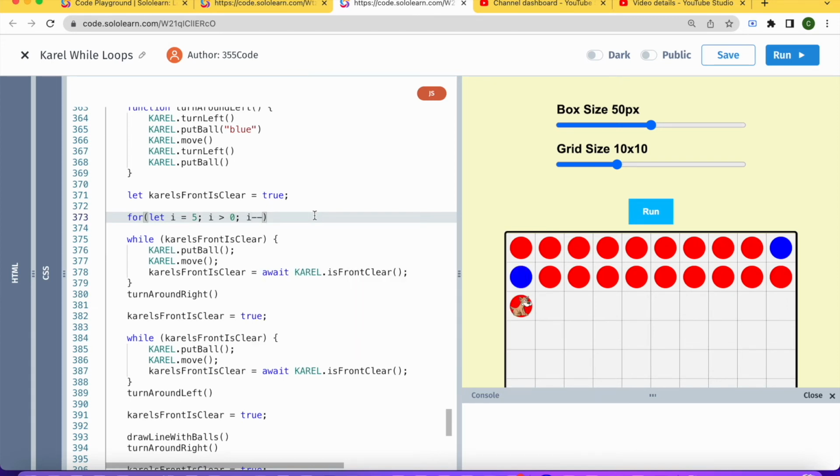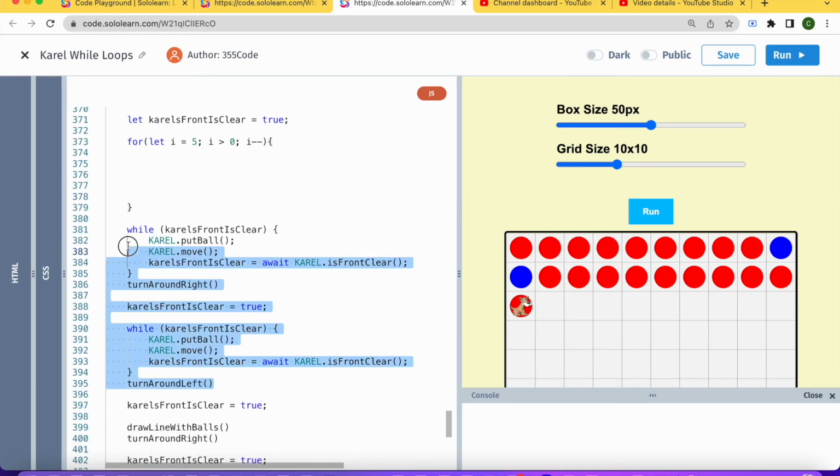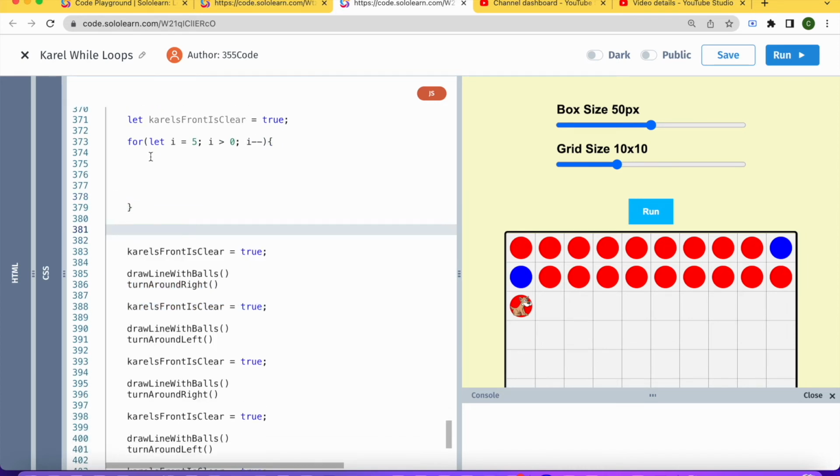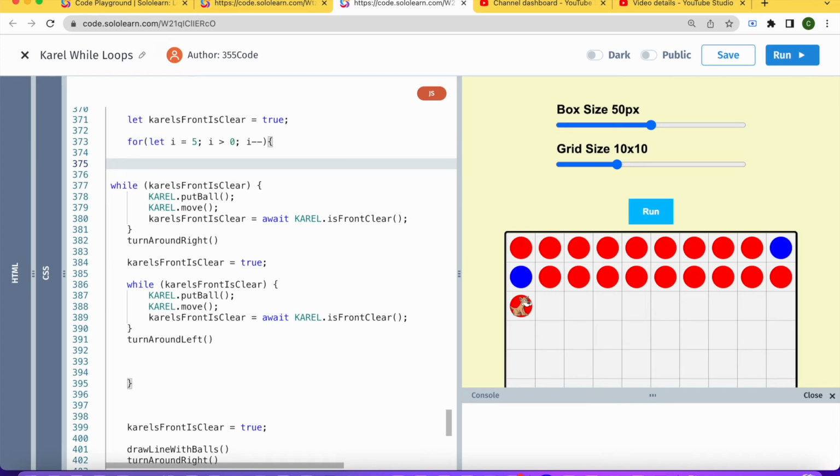And inside this loop, I'm going to put all of this code. And here, I'm just going to add one more time, Karel's front is clear is equal to true,